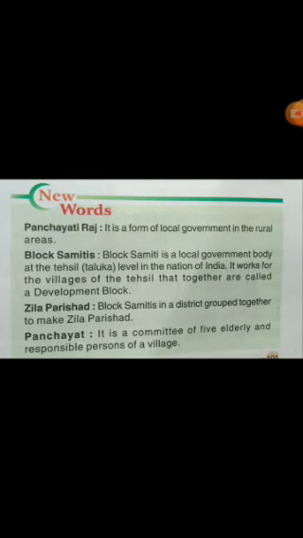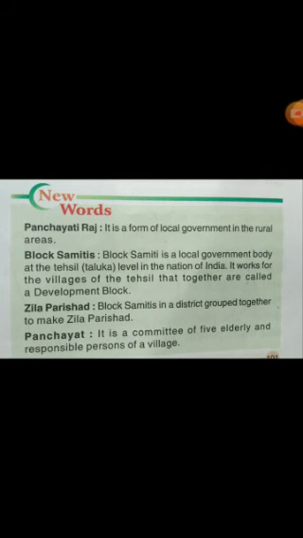The next point: people have become partners in decision making at the local level. In the village panchayat, we have a Gram Sabha, and we are coming to that point. Gram Sabha will be discussed in this class. In the Gram Sabha, all the people who are above 18 years old have to attend, and they have the right to share their viewpoints. Likewise, even the common people are engaged in decision making.